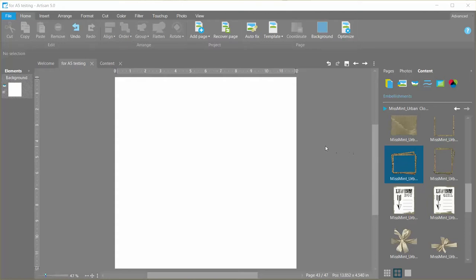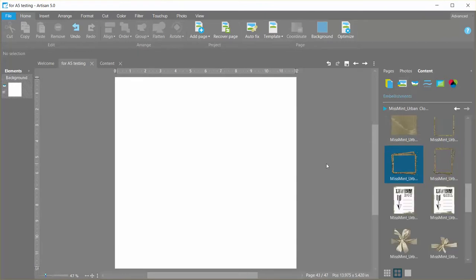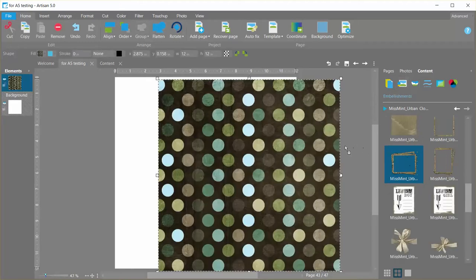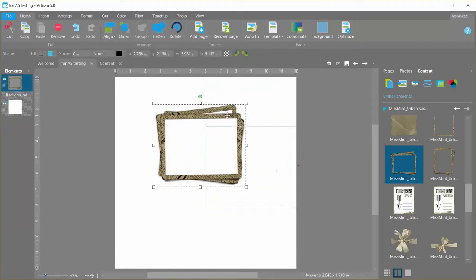The instructions say to go to the papers and pull over your paper first, and then pull the frame onto the page. I find when I do that it's very distracting because here's my paper and here's my frame sitting on top of it, and it's hard to see around the edges to know if I get a photo underneath lined up well. So I'm going to delete that paper and I'll start with working on just filling that